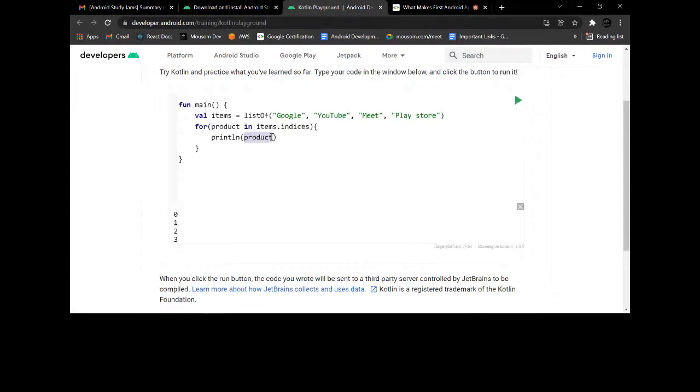So what we can do is print products at index, then the index, product is, then the dollar sign and product.